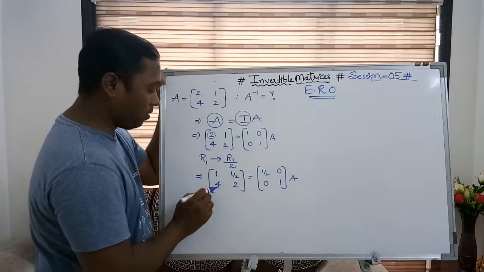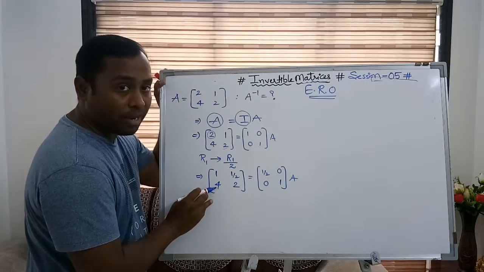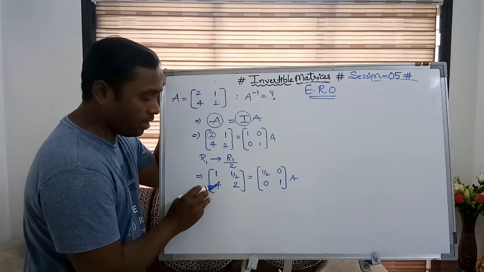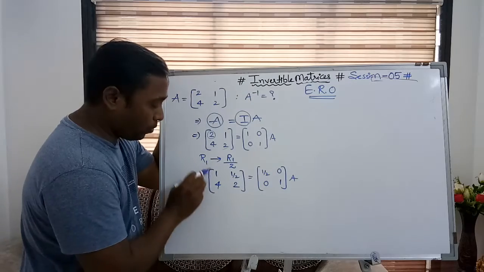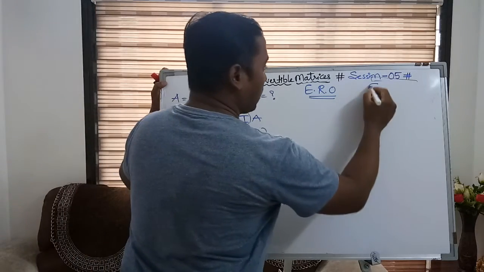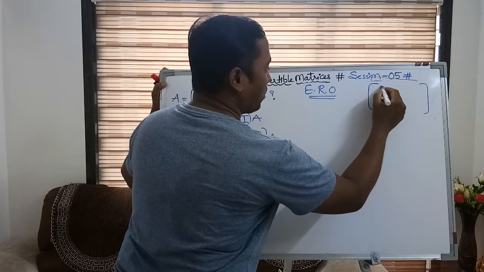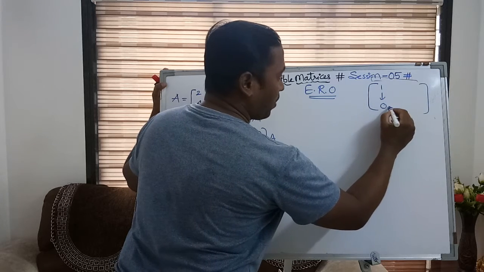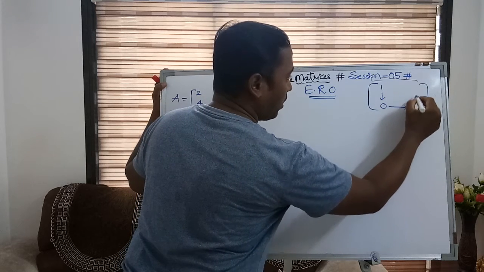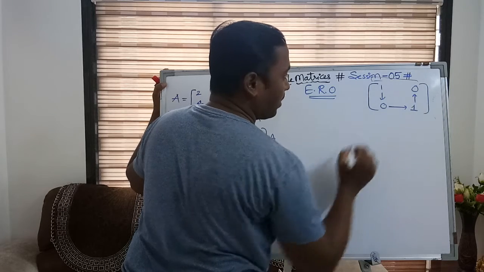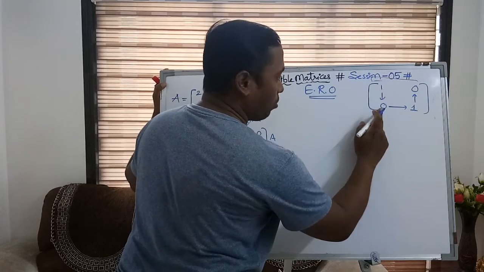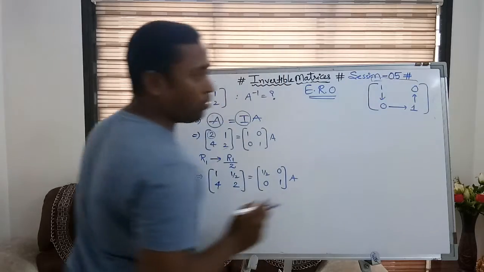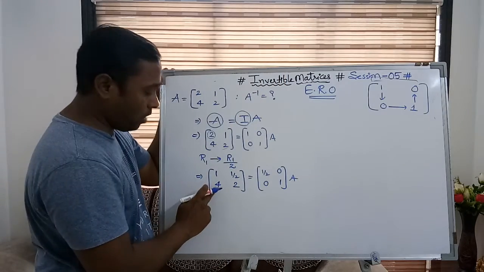Now after that, I want to make this 0, because after 1 I require 0 here. So what is the process? Remember that process. I am writing it here again for you. First I require 1, then I will move to make this 0, then I will make this 1, and then I will go to this element and make it 0. So first I make this 1, this 0, here 1, and here 0. Okay, so 1 is done. Now I want 0 here.